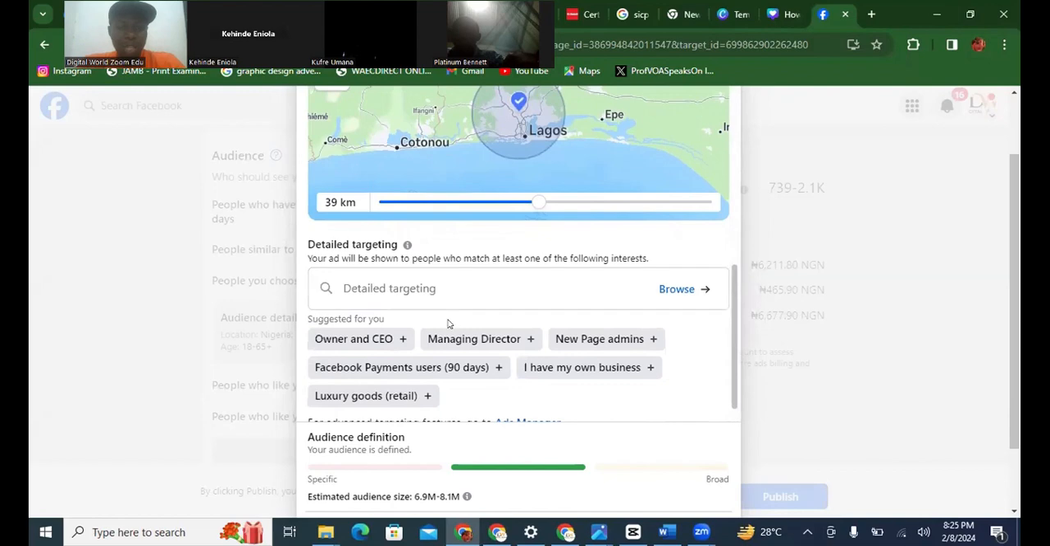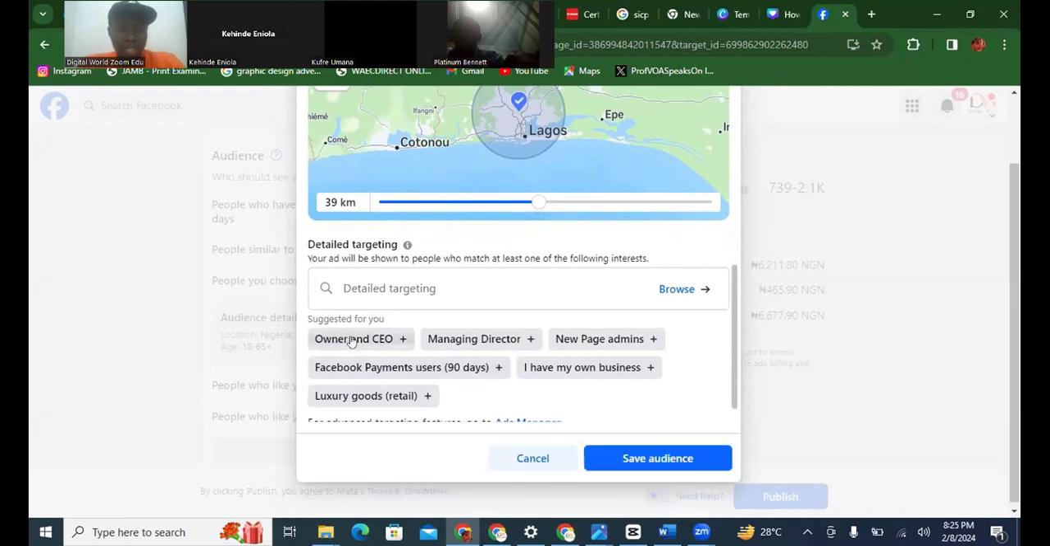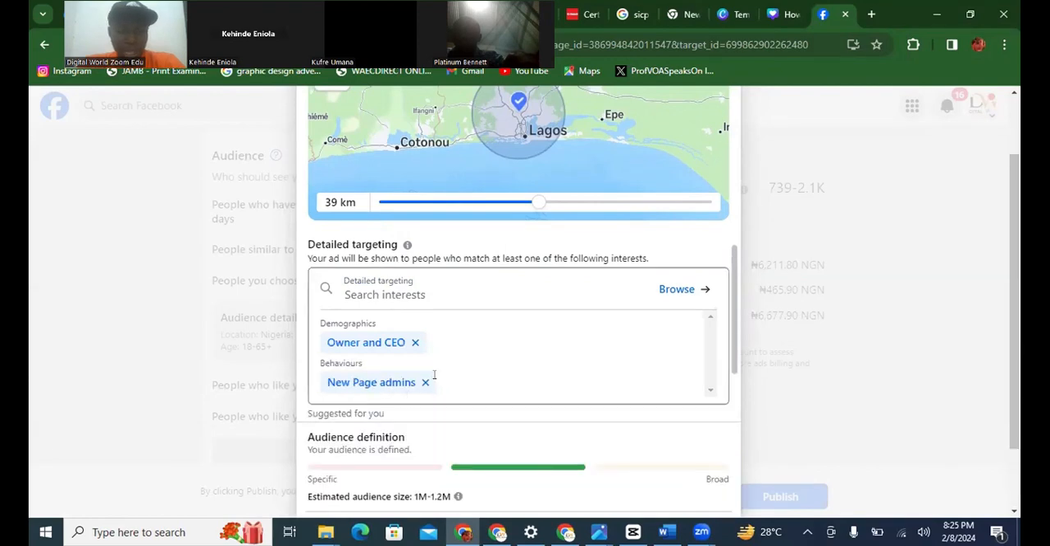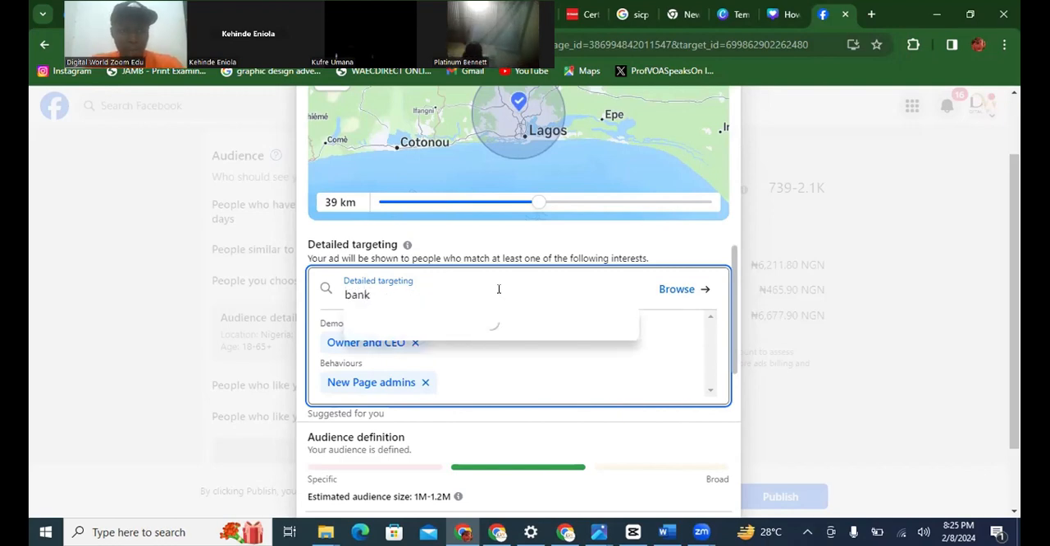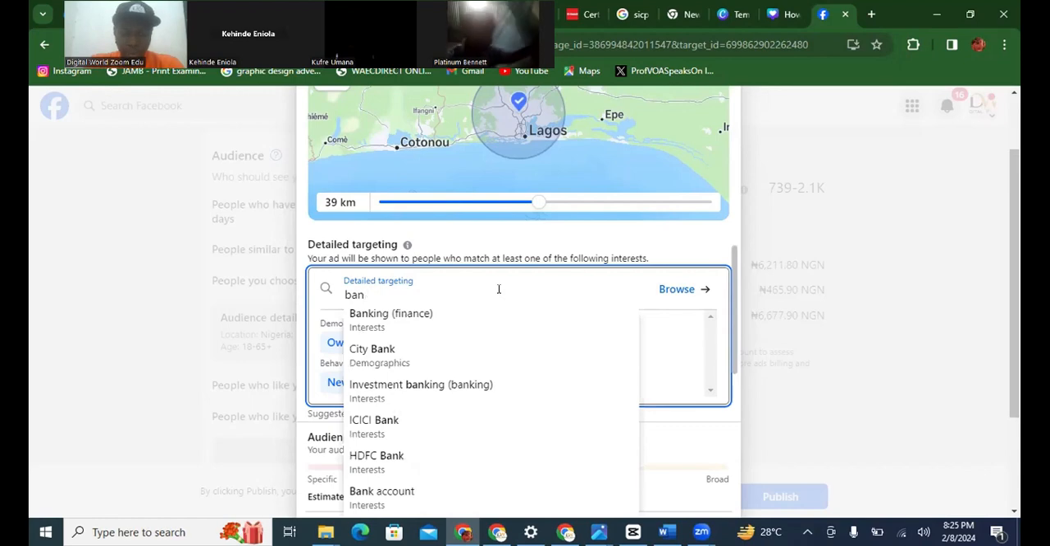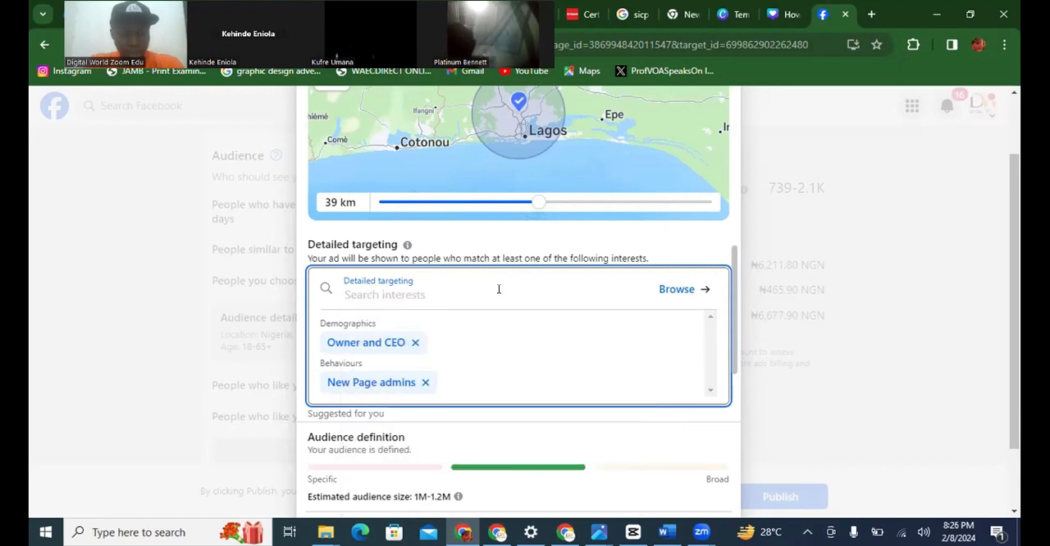The next one is the detailed targeting, about the kind of people that you're trying to attract. You see this one, I can target people based on so many things. You can target CEOs, you can target managing directors. Now, I like to do something sometimes. If I'm selling luxury products, I like to target people based on luxury items. I can target people that are interested in banks, for example, people interested in GT Bank,